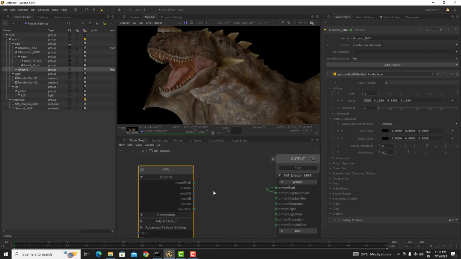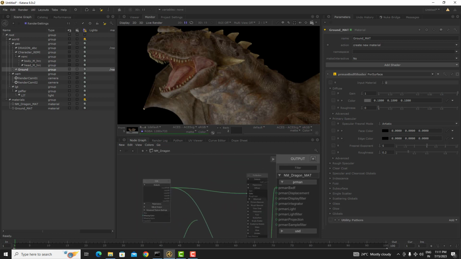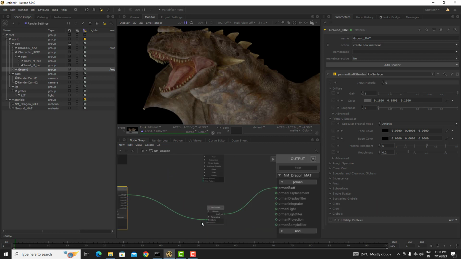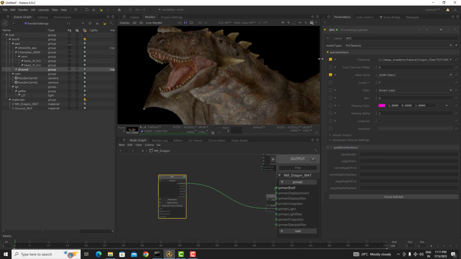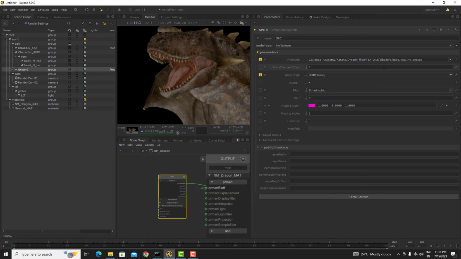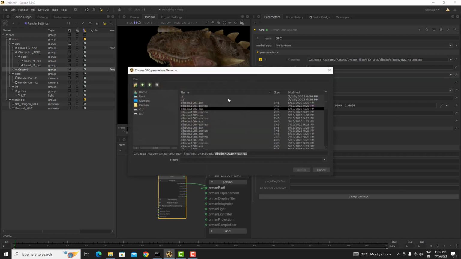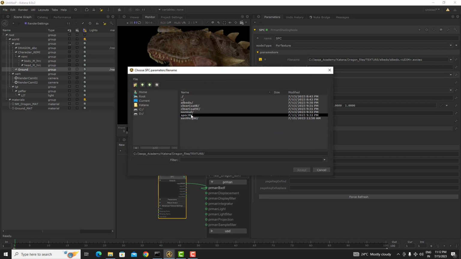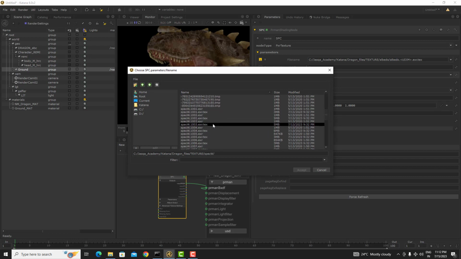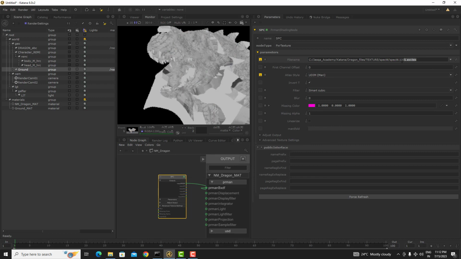I'm just going to connect this to our pixel constant, and instead of using the albedo, I'm just going to connect a different texture. Before that, I'm just going to copy this UDIM token because I don't want to edit every time. So I would like to create this, load this specular weight at this moment, and let's replace it with